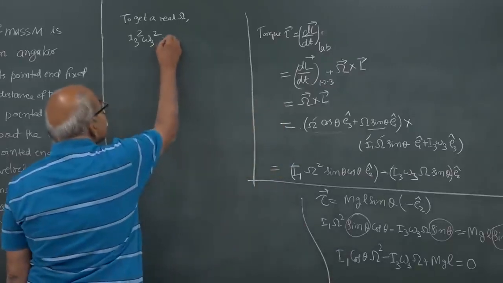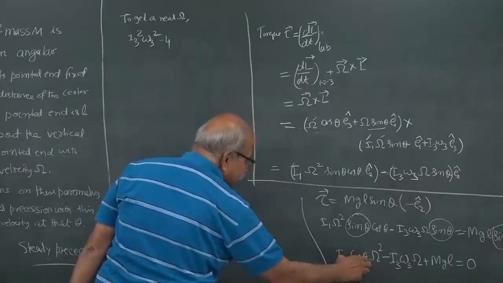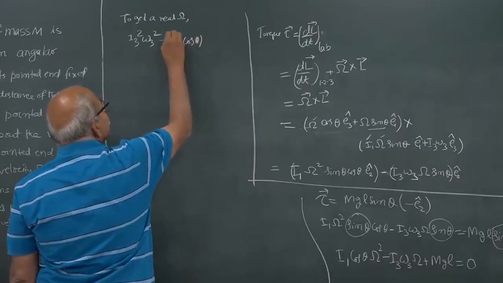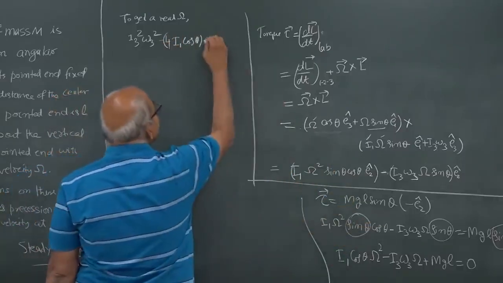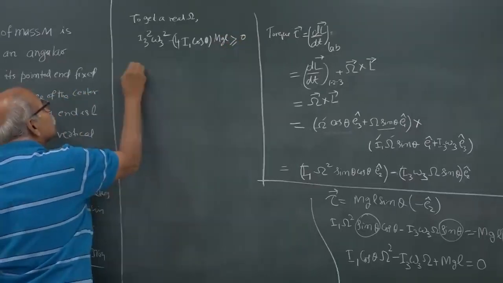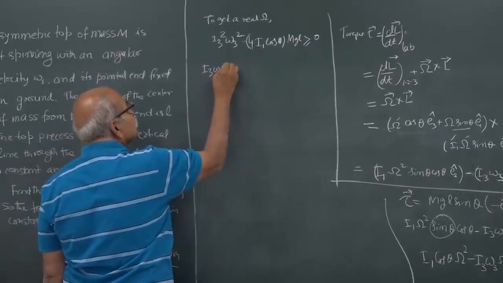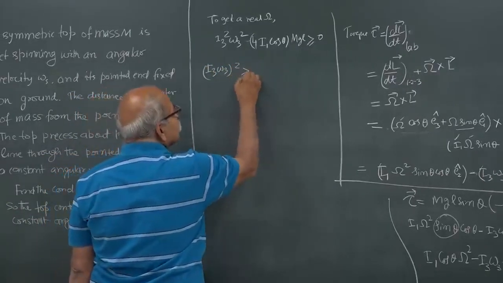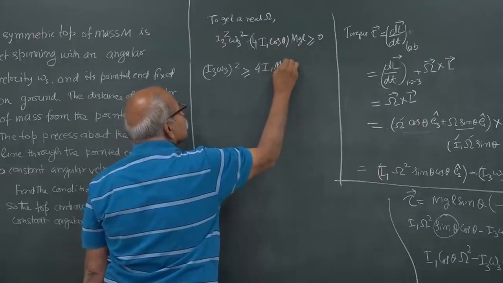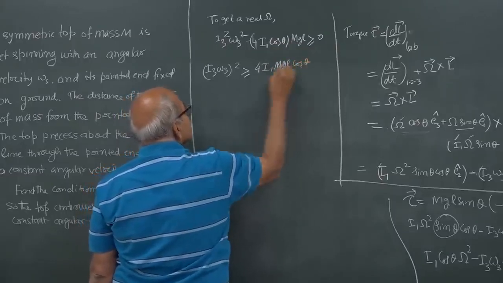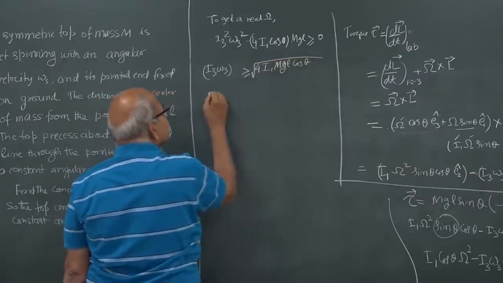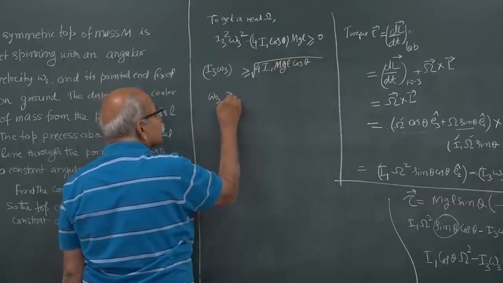So, minus 4 times I1 cos theta multiplied by that mgL. This should be greater than or equal to 0. So, I3 omega 3 square should be greater than or equal to 4 I1 mgL cos theta. So, I3 omega 3 should be greater than square root of this, and therefore, omega 3 should be greater than or equal to